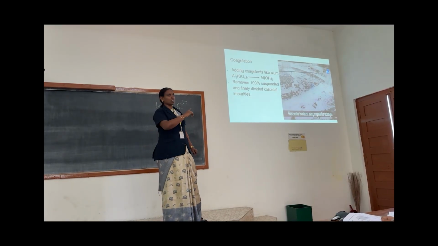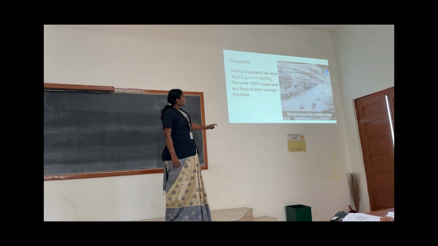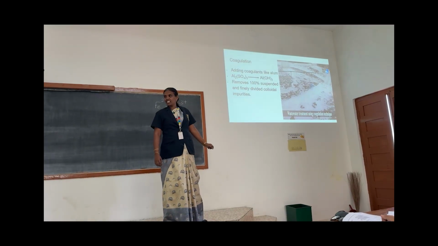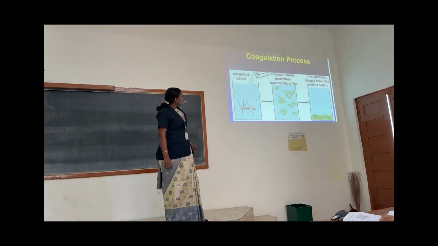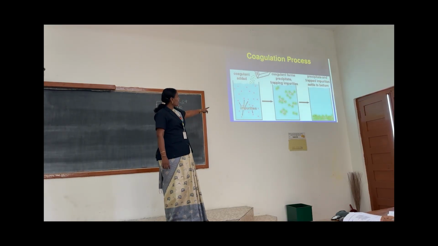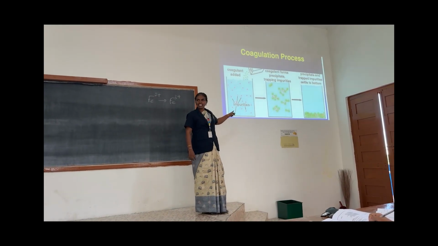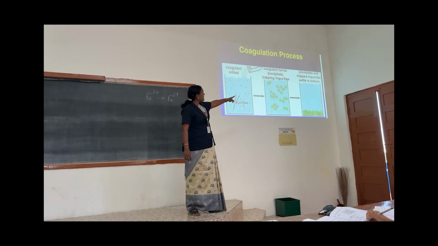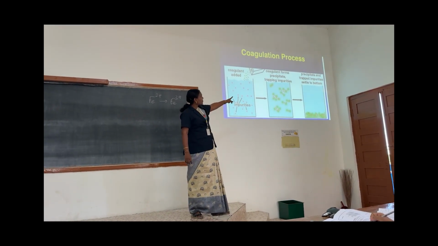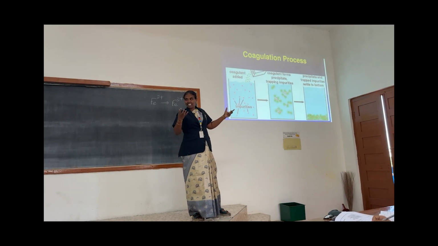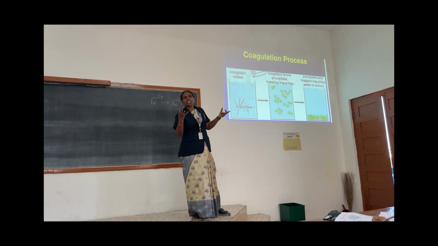We will see the picture, you can understand easily. This is how we are seeing the water after adding the alum. Next slide. See here, this is the water which has impurities, small particles. Have you all understood? Next we are adding coagulant. If we are adding coagulant, see the size of the particle, it will be increased. It will attract. That is the precipitate, gelatinous white precipitate. What is the gelatinous white precipitate?